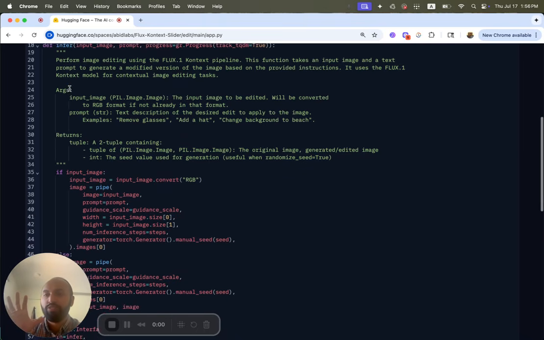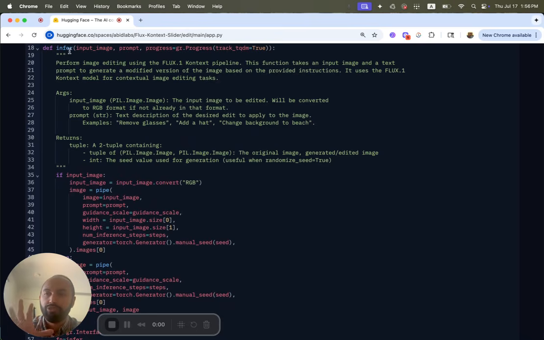So first I have to define a function. In this case, the function is called infer. And it just takes in a couple of parameters like my input image, my prompt, just the string describing what I want to change. And then we'll come back to the other stuff here. But this process is quite general, right? What I'm describing here is a function that edits an image using this model, but anything that you can envision as a Python function can then be wrapped as an MCP server. All you have to do is define the function, write the doc string. This is important because it not only helps humans, but it also gives the LLM context for when to call